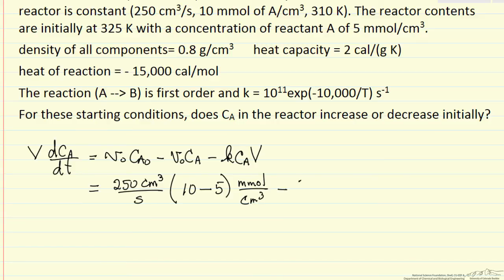The other term now is the rate constant, 10 to the 11th exponential. And now for temperature, we're going to use the starting temperature in the reactor, which is 325 Kelvin, and the concentration in the reactor, which is 5, and then the reactor volume, which is 50,000 cubic